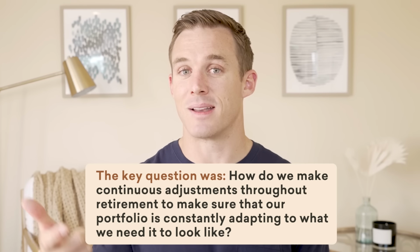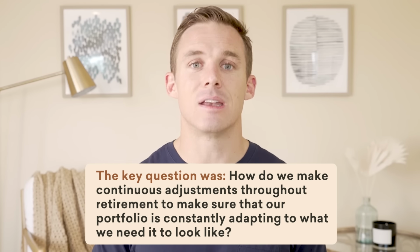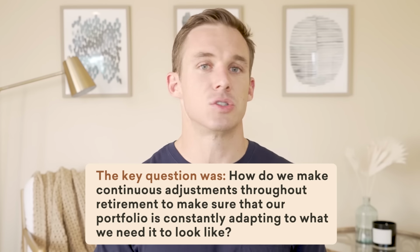And at the end of 2023, we started doing some work together to say, what might this need to look like so that when we do retire, we don't need to worry about what the market's doing? We don't have to worry about maybe having to go back to work because of another 25% downturn. And on top of this, and this was the key question, they were smart to ask it: how do we make continuous adjustments throughout retirement to make sure that our portfolio is constantly adapting to what we need it to look like? So that's exactly what we did, and that's what I'm going to show you by taking a look